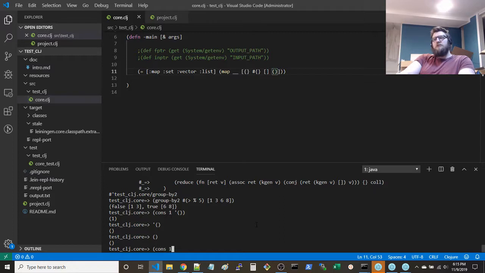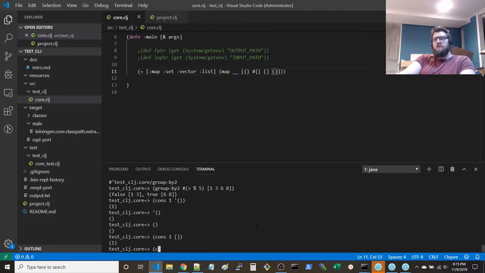So if you cons 1 with a vector, it works. Cons 1 with a set. Cons 1 with a hash map. Huh. You get a sequence, no matter what you do. These collections. All right, so adding values isn't really going to tell us too much, I guess.